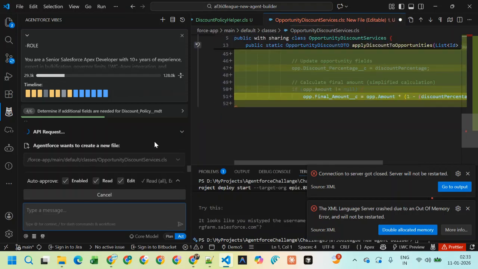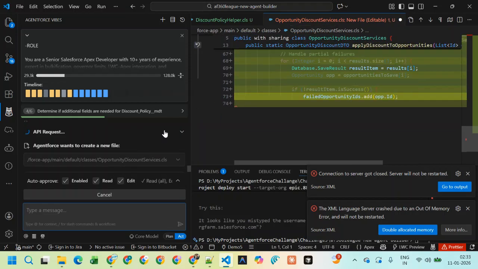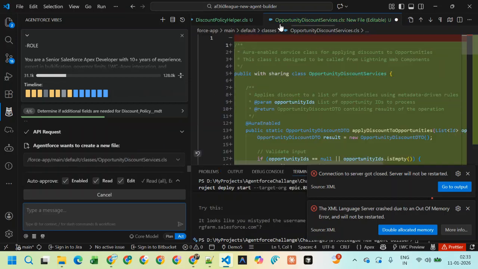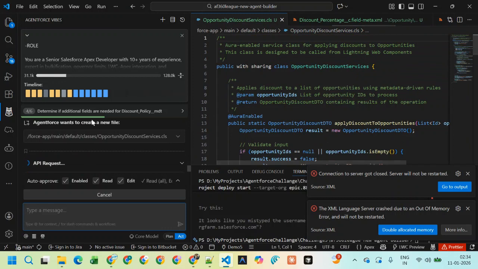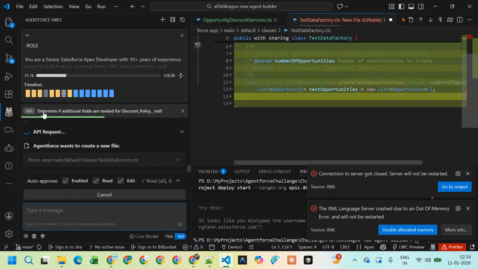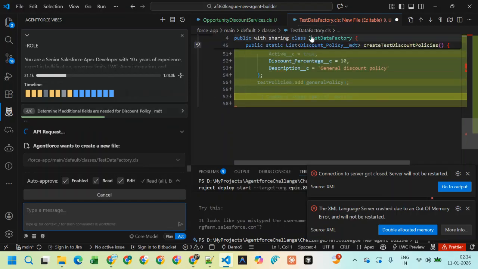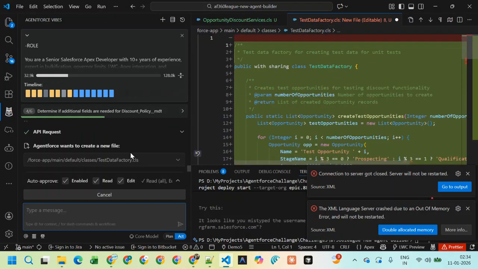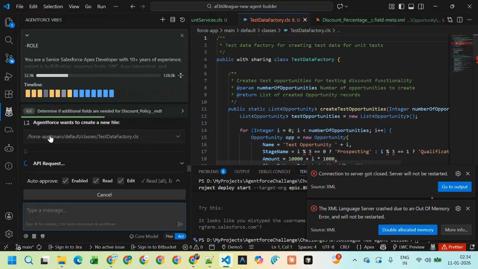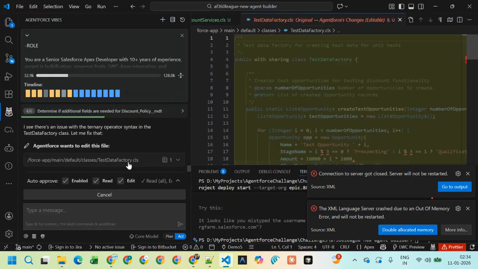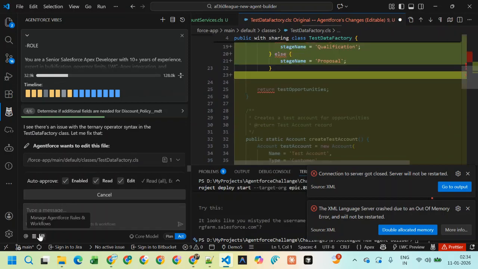Now you can see it is generating the opportunity discount service for me. Here you can see 4 out of 6 tasks are defined, and now it is creating the test data factory for me. So this is a console where you can see what Agentforce Vibes is doing. Now here, if I go through,